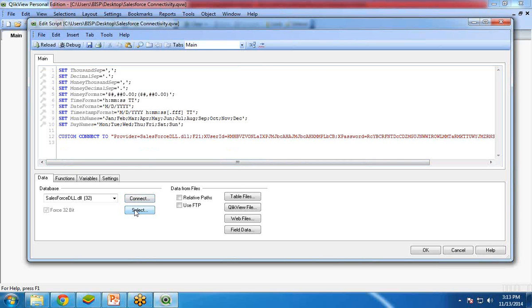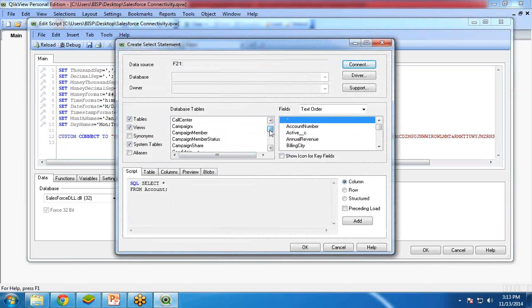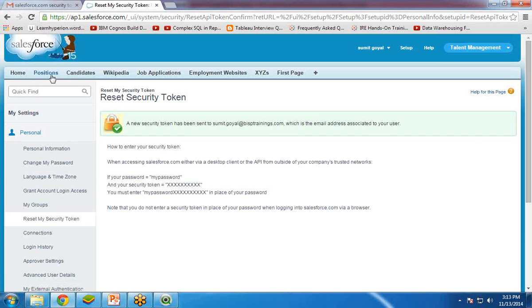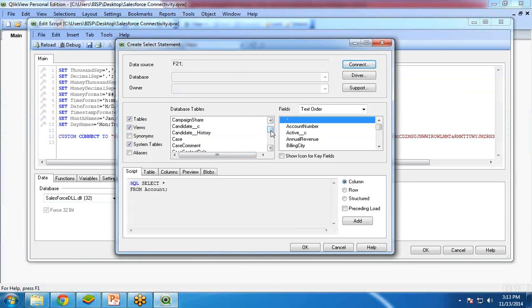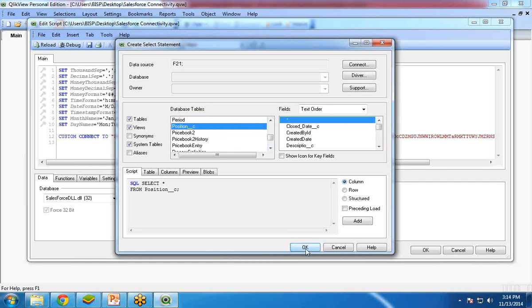So I click on Select, and from here I select the Position table. I select Position and click on OK.